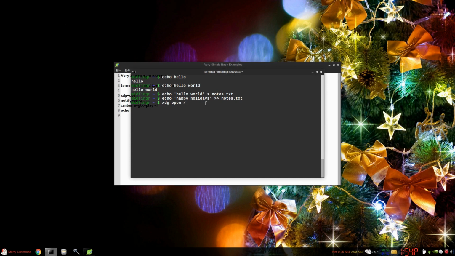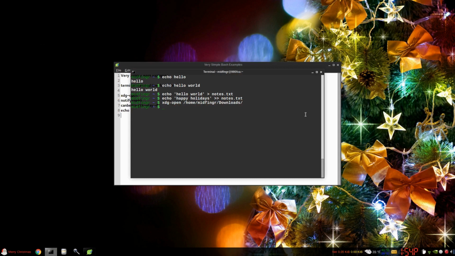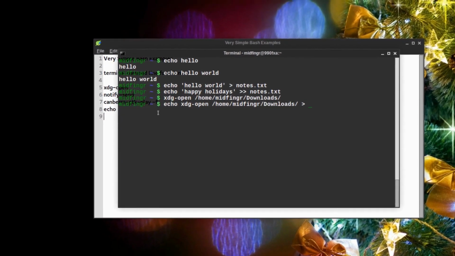Open your username, home, your username, downloads, the downloads folder. There you go, it opens the downloads folder. Say if you want to bind a keyboard shortcut to that. So first of all, let's just take this line and copy it, and now we can use our echo command. Paste that in to, if you are still in your home folder, usually when you open the terminal,